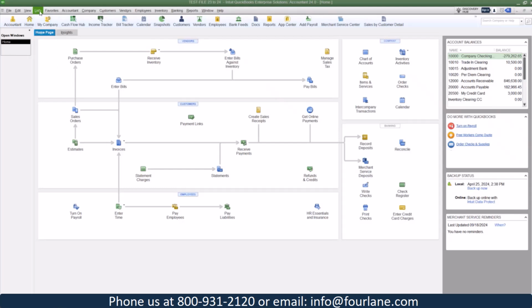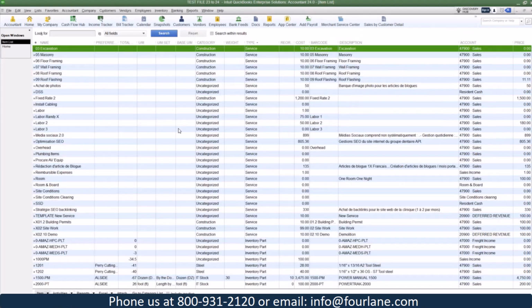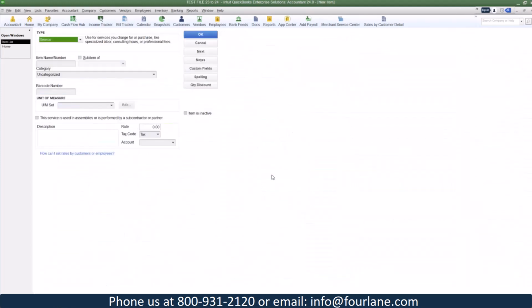Okay, now because our items are so important, I'm going to start there. Okay, and go ahead and create a new one. Now, as you can see, we have many item types. Most of you are probably very familiar with these, but anybody that's new to inventory, I'm going to go ahead and make sure that I address this also. So an inventory part versus a non-inventory part is actually two things. An inventory part means I need to know how many are on hand, so that's going to impact my balance sheet as well as my P&L, where a non-inventory part is basically going to impact more on the P&L side